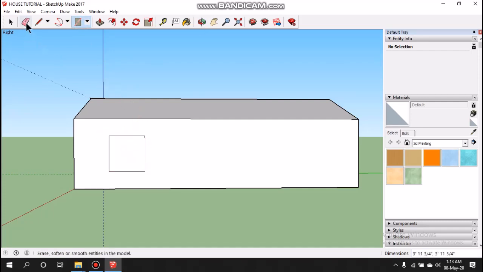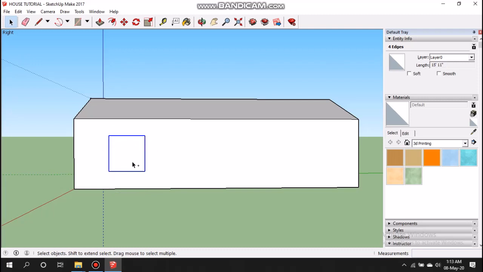Now select the outline over this. Press control to select the whole line. Now we have selected, and now copy it.